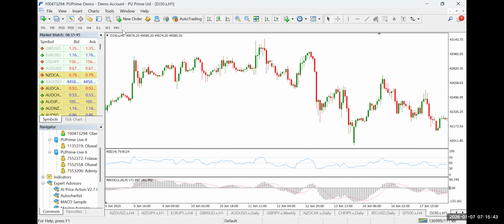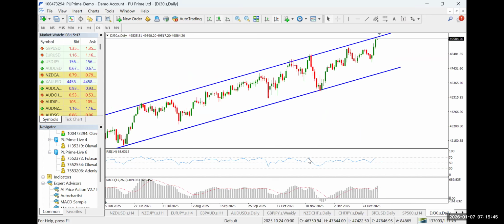Now, before I go to zooming down, the next wave of movement should be a downtrend. Consider each time price hits the trend line, it experiences a downward movement. It's yet to actually touch the trend line in this case, but once it makes a move up and touches that trend line, we're going to expect a movement to the downside.